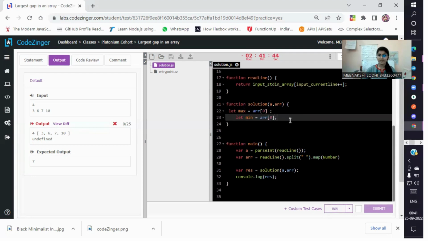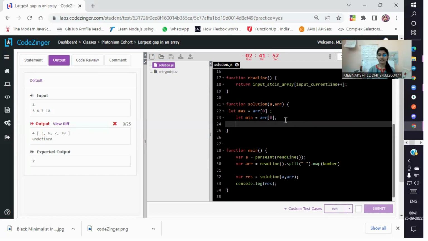Then I want to compare this maximum or minimum value, that is the first element, to the remaining elements of the array. For this, I have to access every element of the array. For accessing every element of the array, I am using looping. I prefer a for loop for accessing elements,